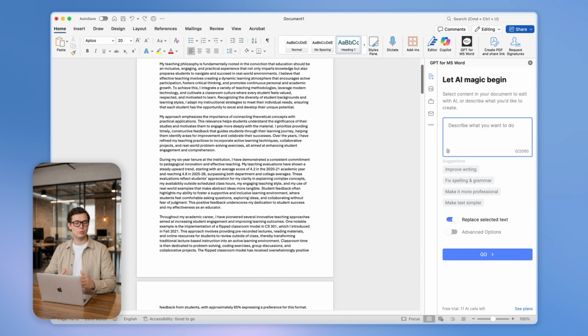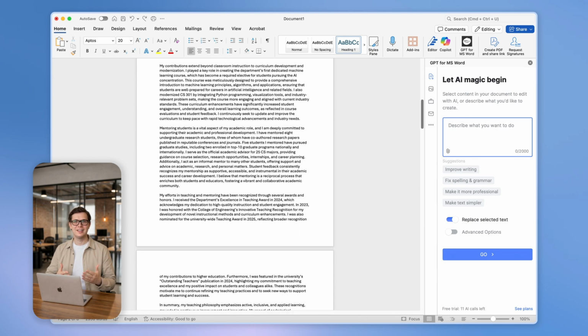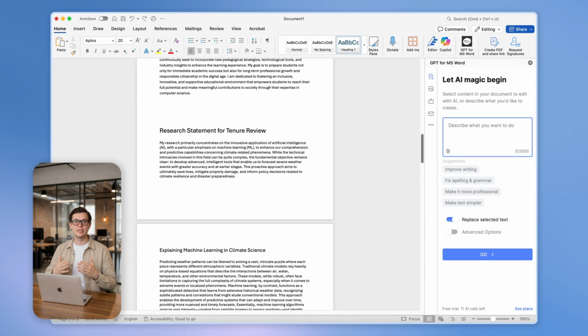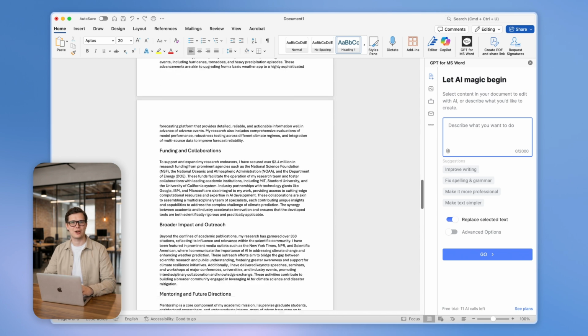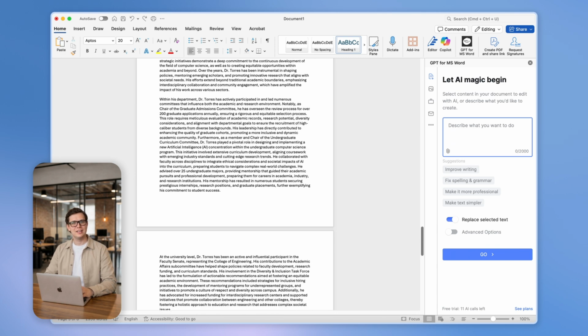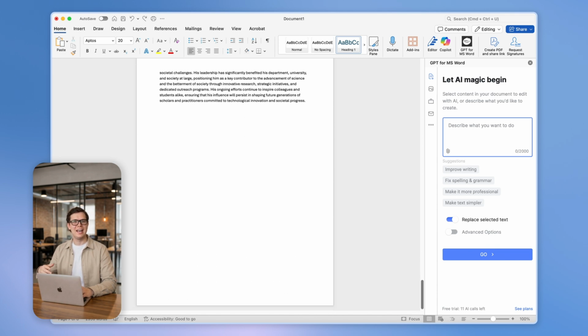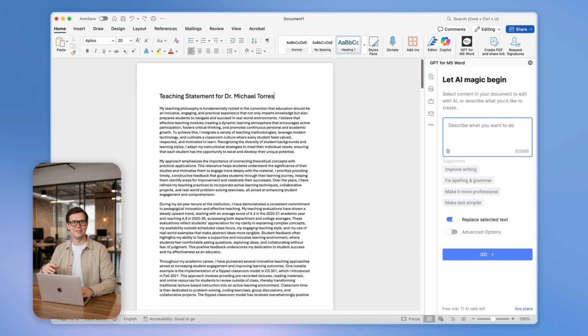Teaching statement, research statement, service record. 3 major documents, usually 25 to 30 hours of work spread across weeks. With Twistly Words, that becomes 4 to 5 hours. And it's not just faster, it's better. Twistly Words works directly inside Microsoft Word. No new software, no broken workflow, no export-import mess. You attach your materials, write a prompt, and get a strong first draft ready for revision. You stay in control. You make the final decision.